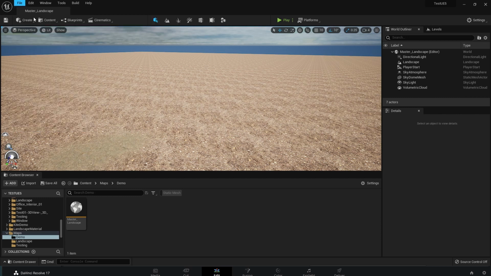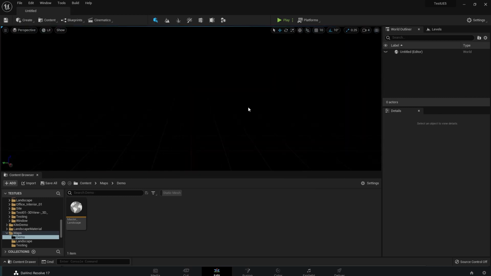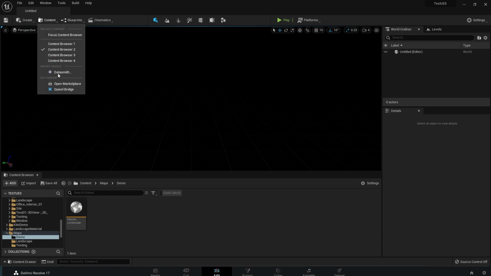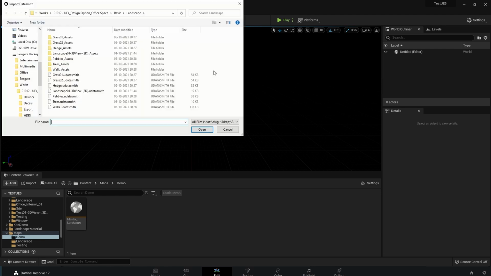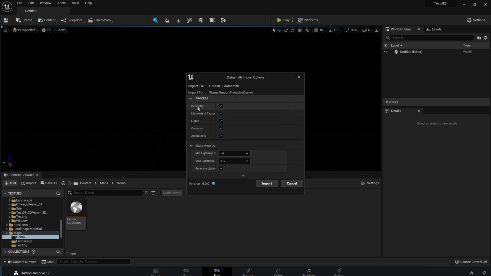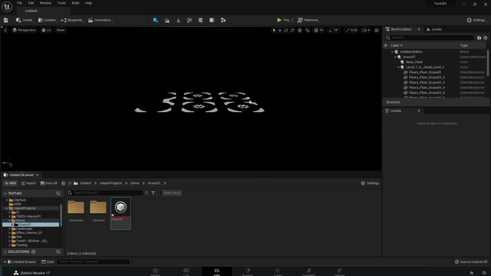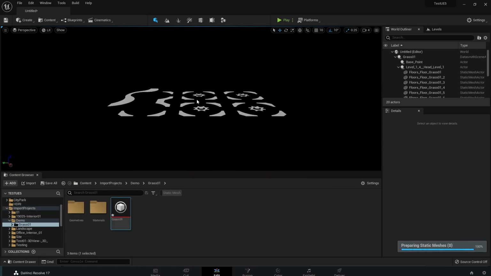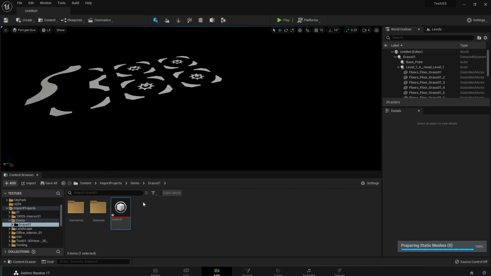Create a new blank level and import your first static mesh pattern, say grass 1. Here I am using the Datasmith plugin to import my Revit models. Don't worry about the materials while importing, and we are going to hide this in our final level. Import the static mesh.